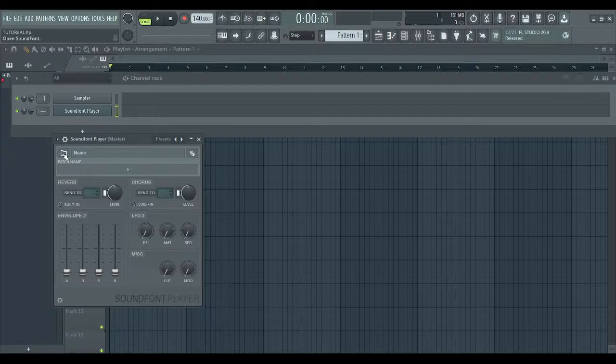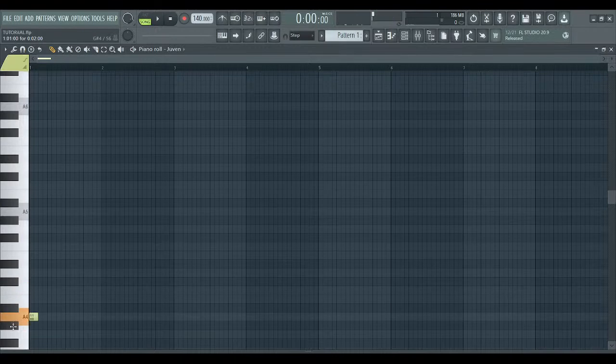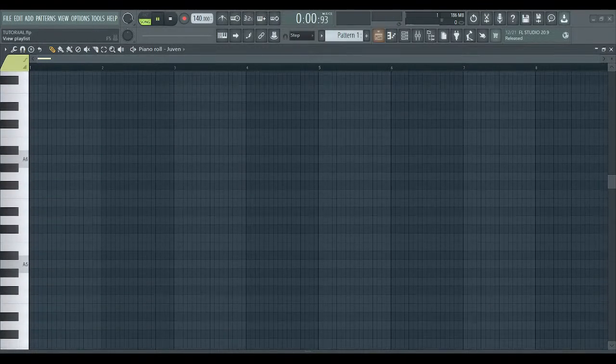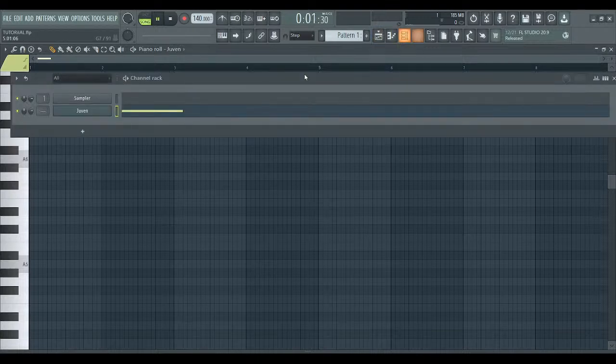You're going to want to click this folder if you're using Sound Font Player. This will actually open the sound font. If you don't have a designated sound font folder, make one. And then you're going to want to select something from it. Someone in the comments said to use something that's not Earthbound. Okay, I'll use the Undertale Rejuvenation sound font. Happy now? Oh, I forgot to show you how to do that. So,